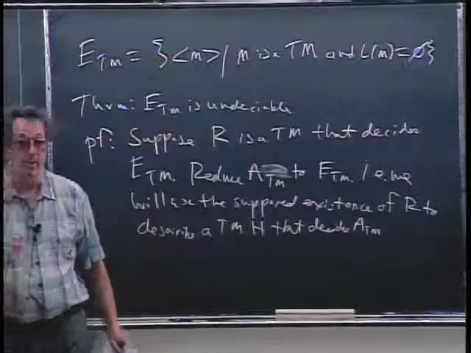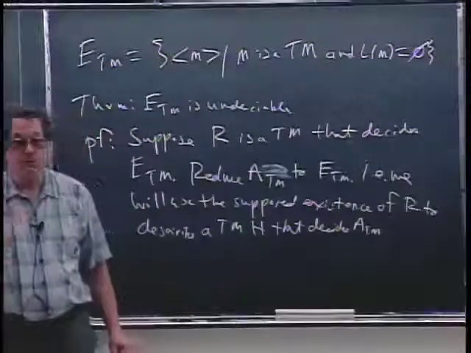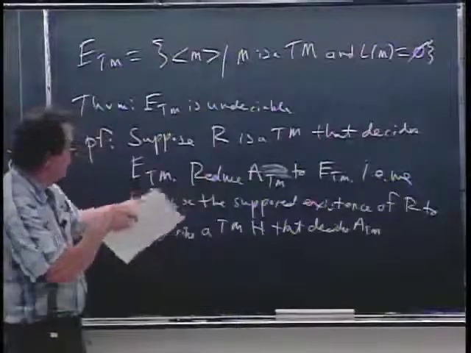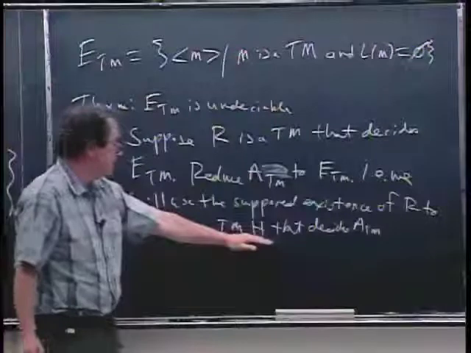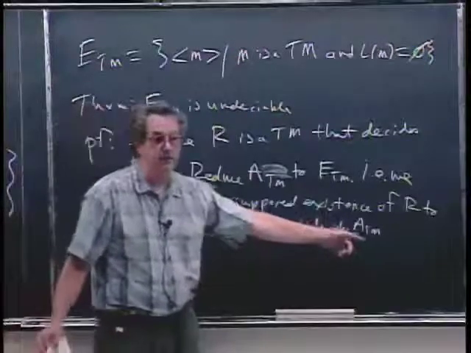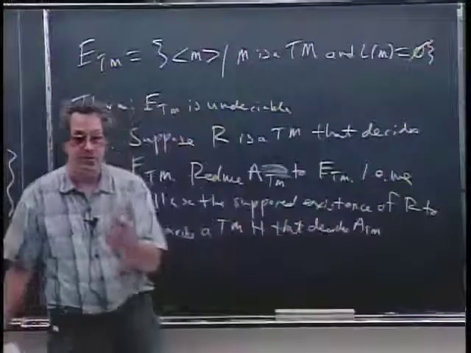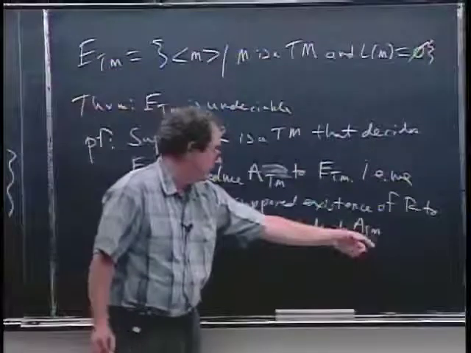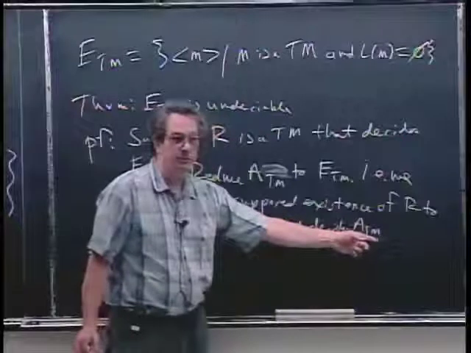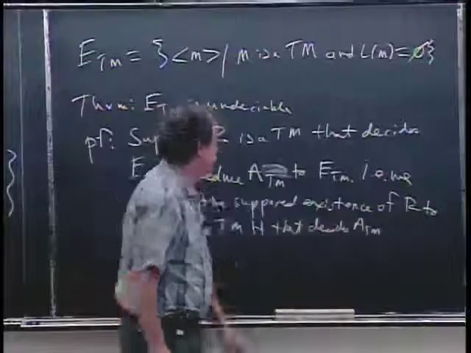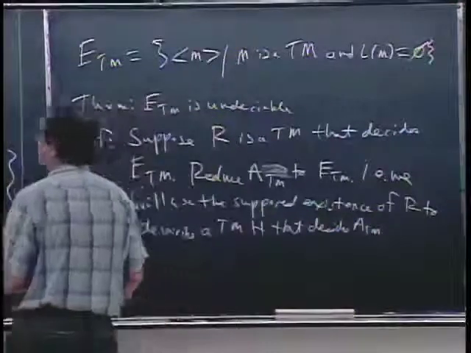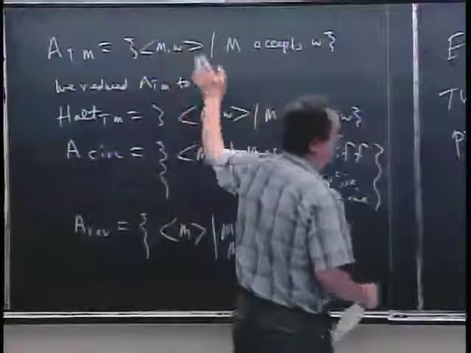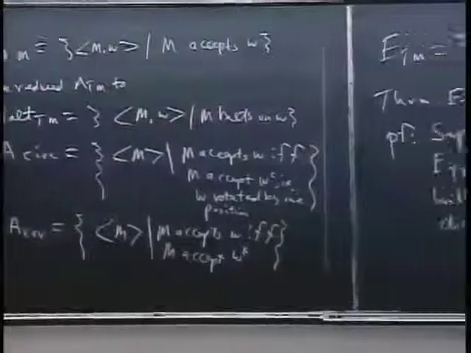A what? A Turing machine and a string. Okay, because H, I'm just sort of setting up the thing here. H is supposed to be a Turing machine that will decide ATM. So H has got to be taking in the input that a Turing machine that decides ATM would do. I mean, the elements in the language ATM are a Turing machine and a string, pairs like that. So H,